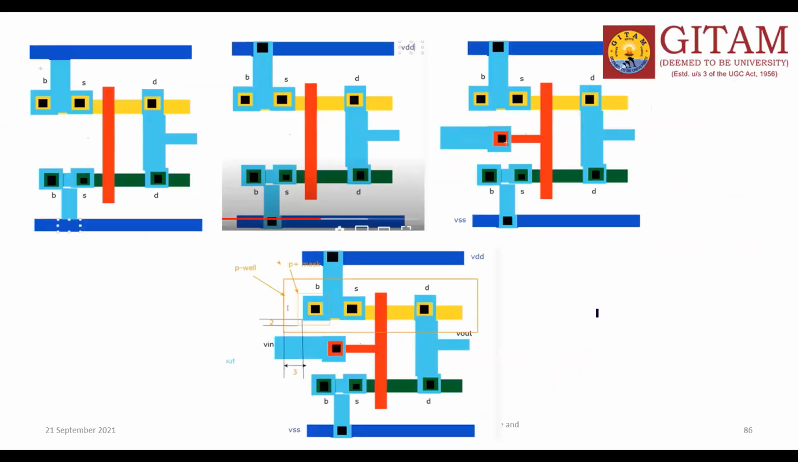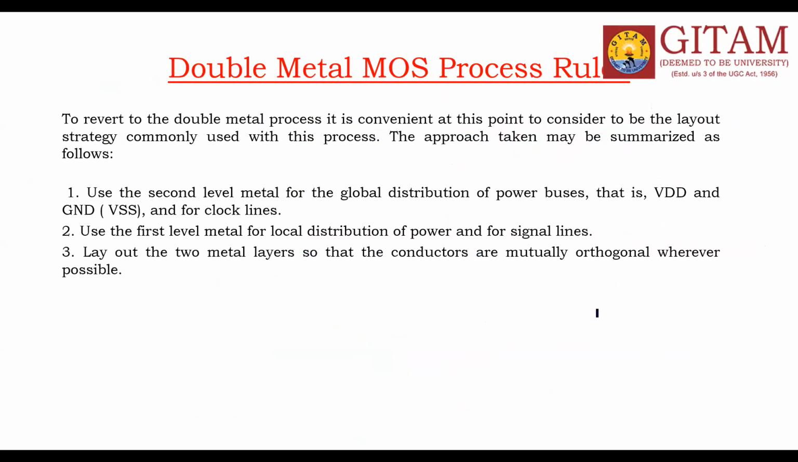So double metal NMOS process. Generally all are single metal that we talk about. Now double metal MOS processes. To revert to the double metal process, it is convenient at this point to consider a layout strategy commonly used with this process. The approach taken may be summarized as follows. The first one is to use the